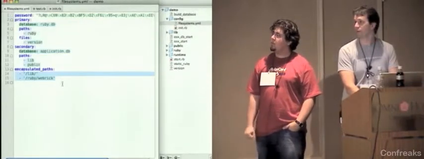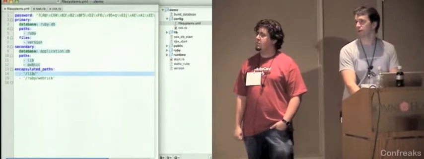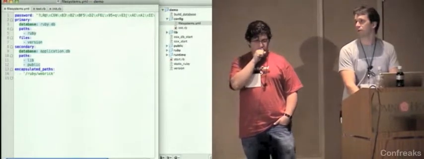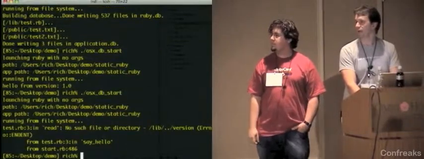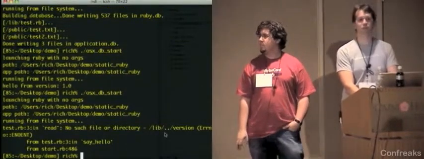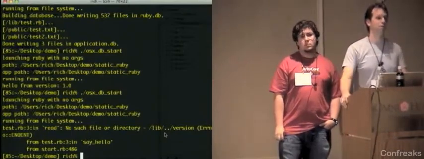If I go into this YAML file and I actually unencapsulate the lib directory for fun, and I run this, it'll say it cannot read version, it doesn't exist. So what I did is I didn't wrap that, which means that that source,